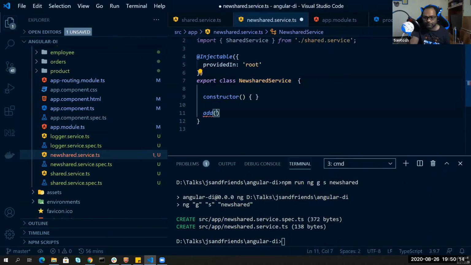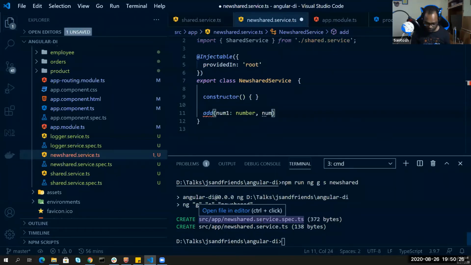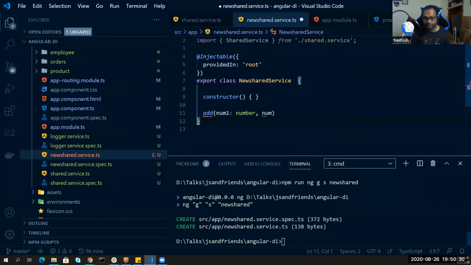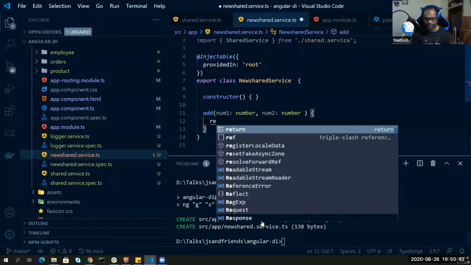Yeah, this is not required. So I'll just implement the add method here. I'll say this is num1, which is of type number, though I'm doing the same thing, and num2, also of type number. And I'll just do the same thing, return